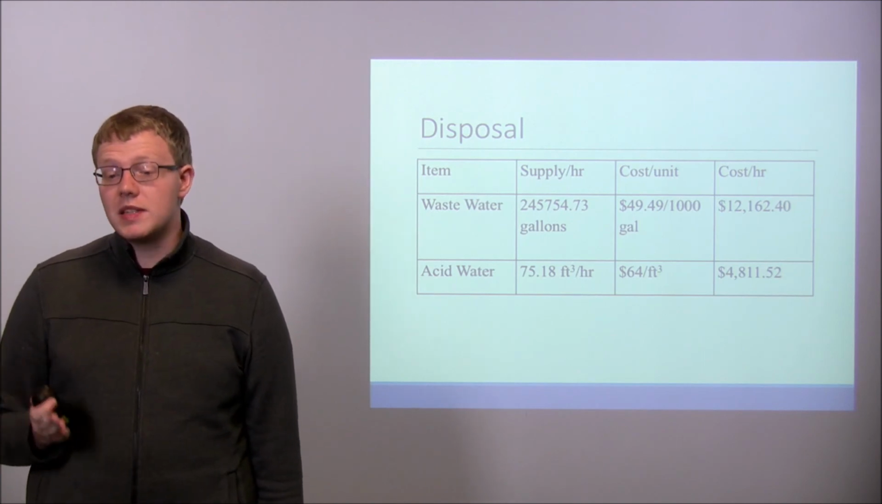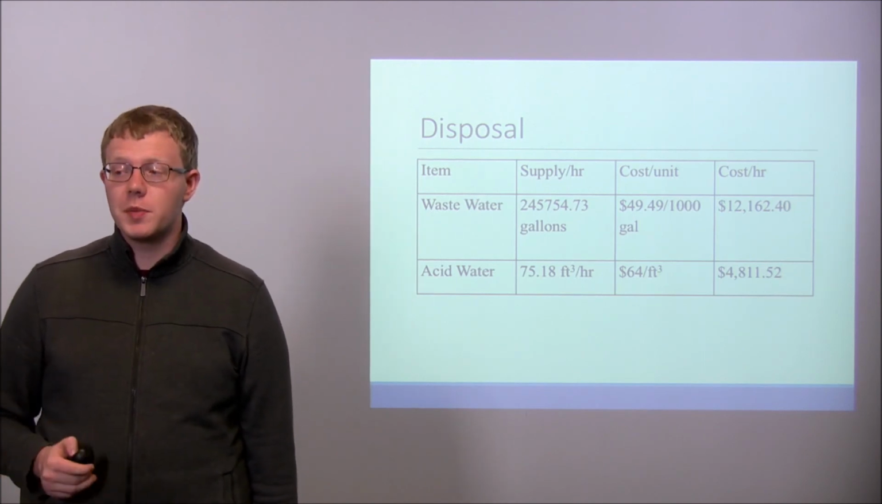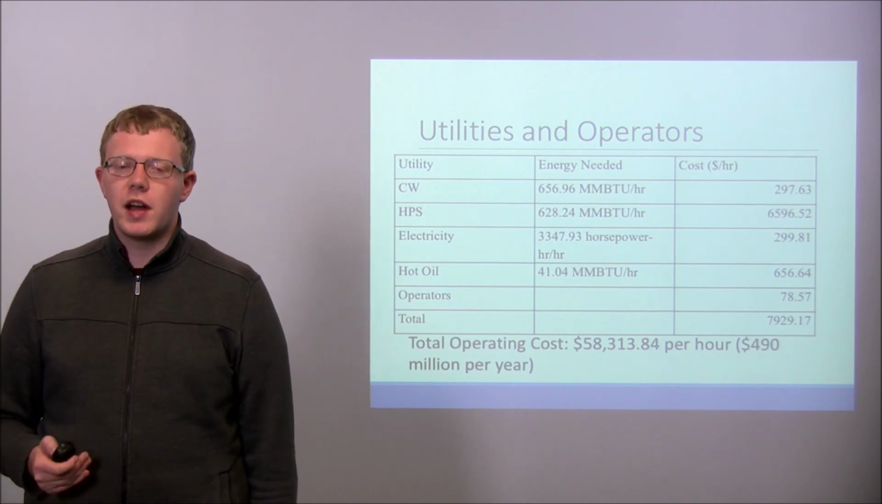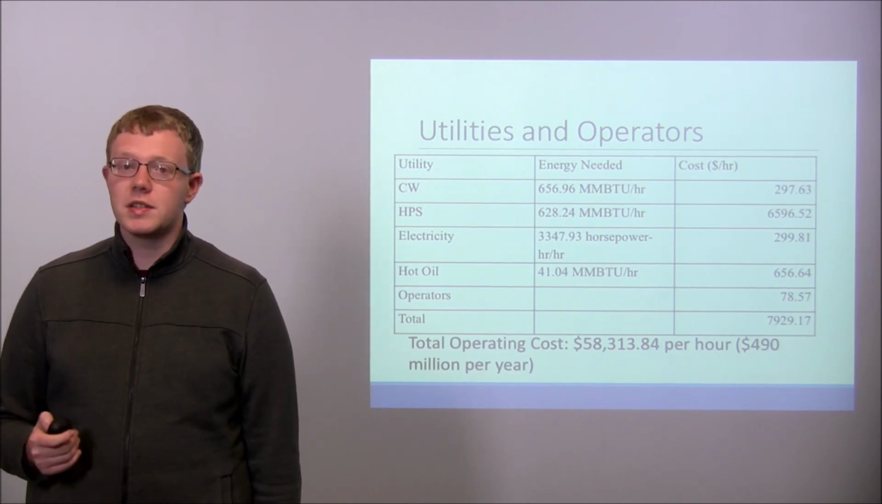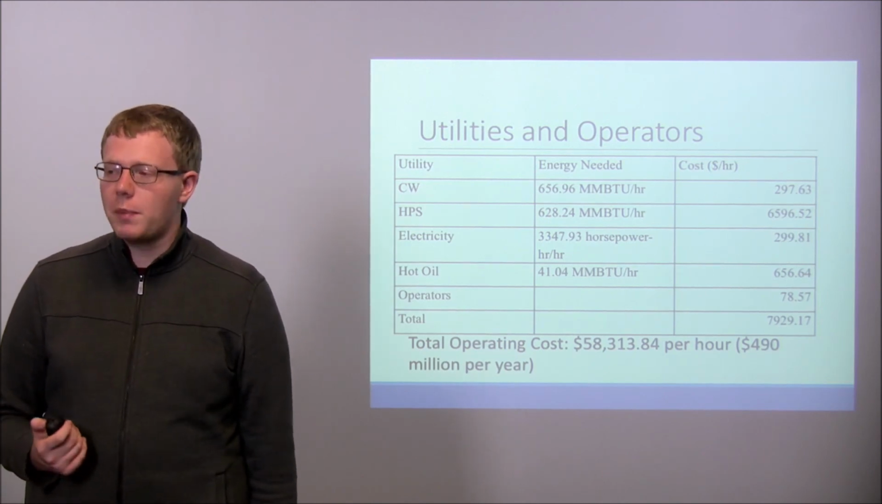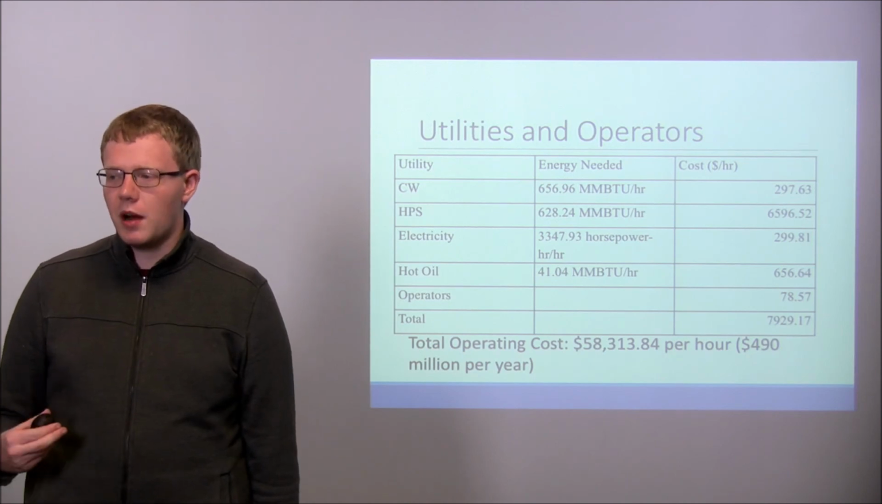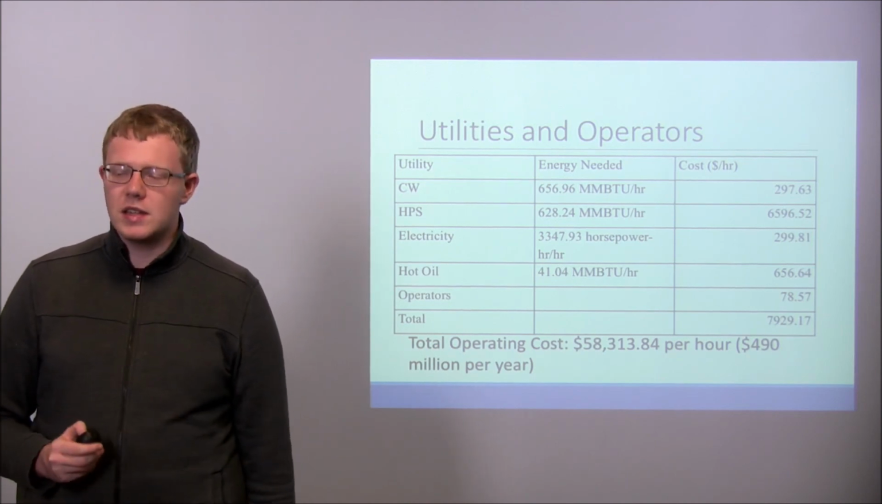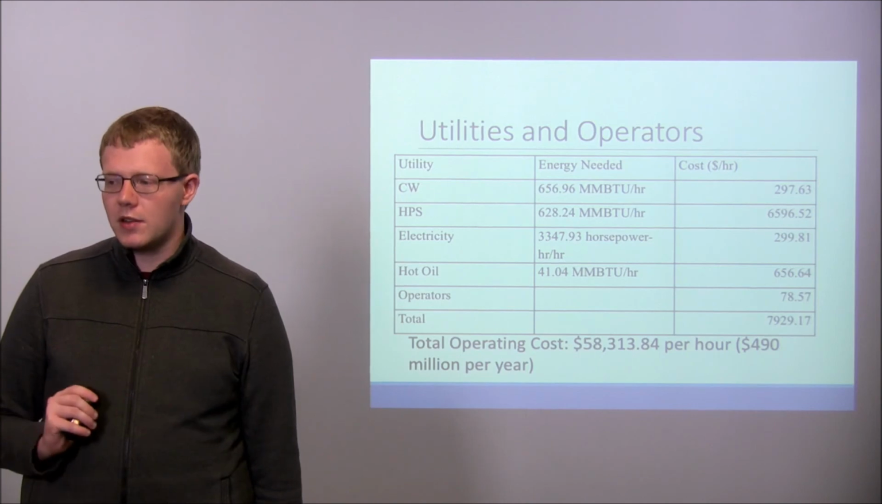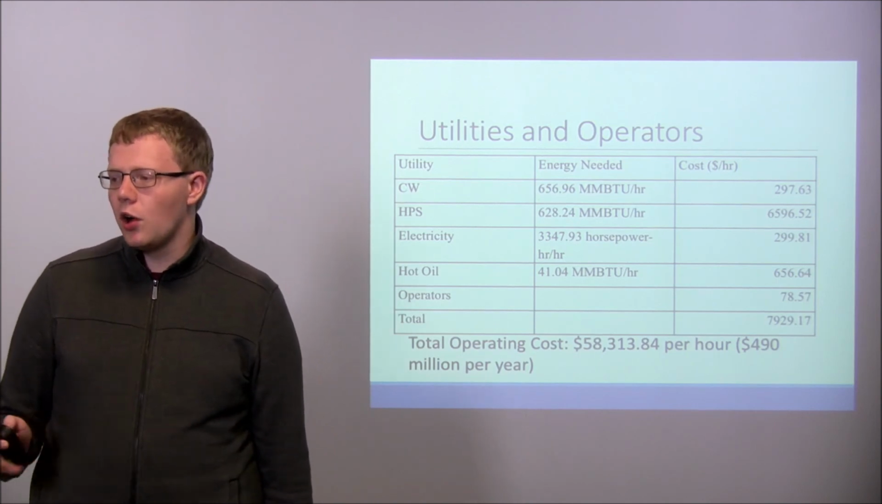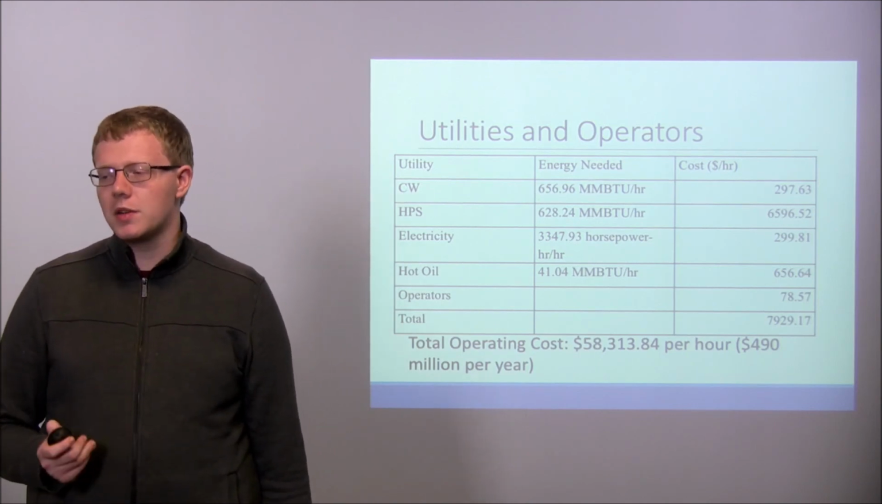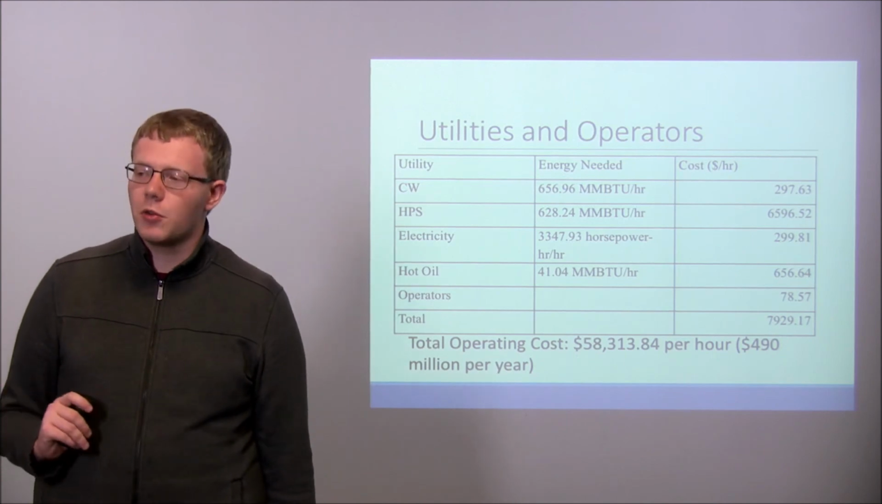Beyond the materials, both disposal and purchasing of raw materials, we also have significant operating costs for utilities and operators. Most of these are comparatively small when looking at the cost per hour. By far the most significant is the high pressure steam, coming in at $7,000 per hour. The others are all well below $1,000 per hour, coming to a total of $8,000 for the utilities and